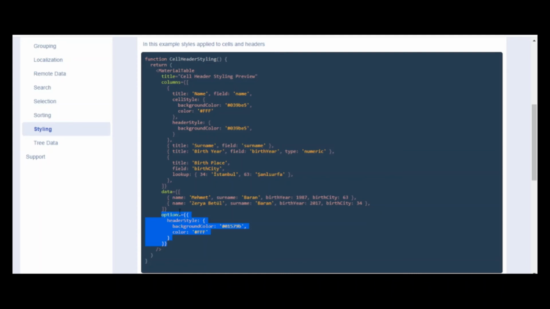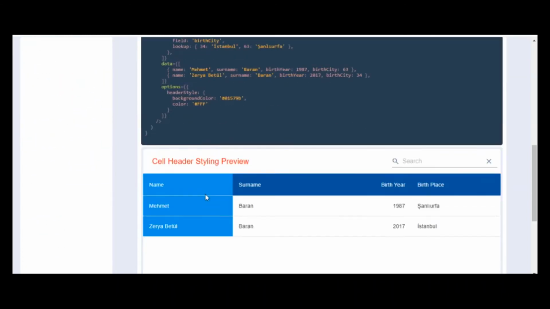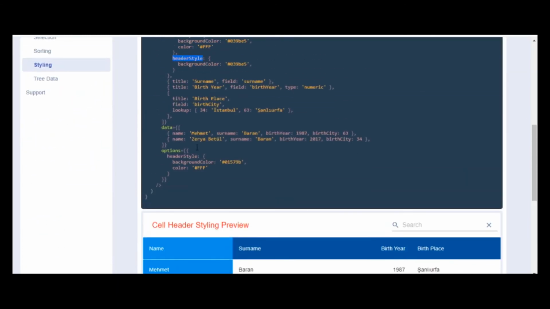So obviously we see this options config, but there's one more thing to note. There's actually cell style up here in the columns on this example. Cell style and also header style. So what that's going to do is this options